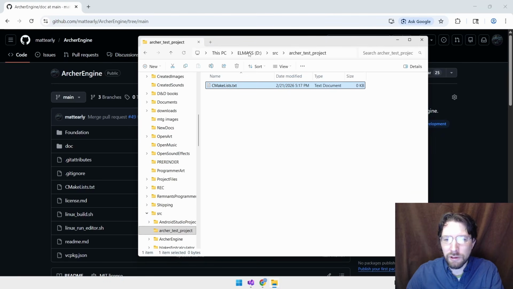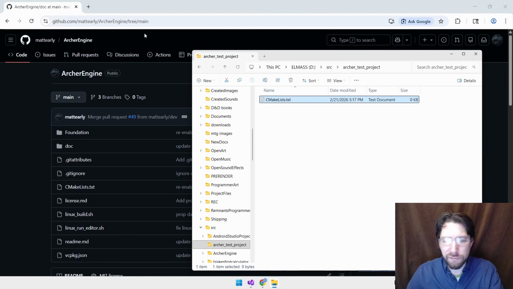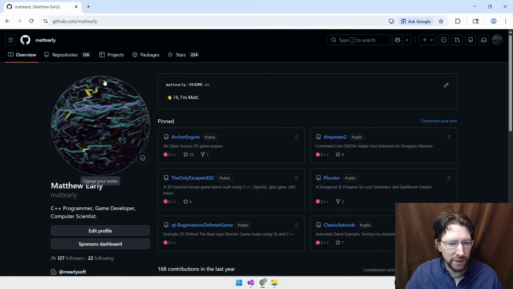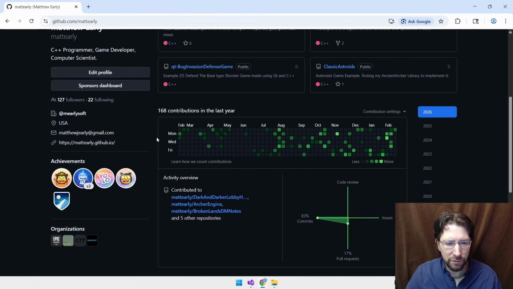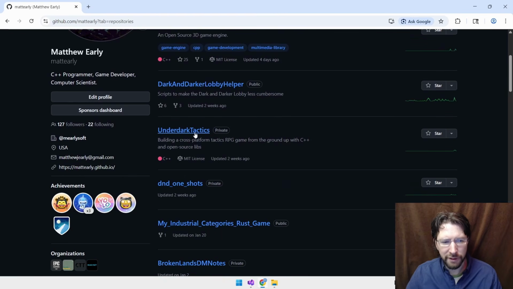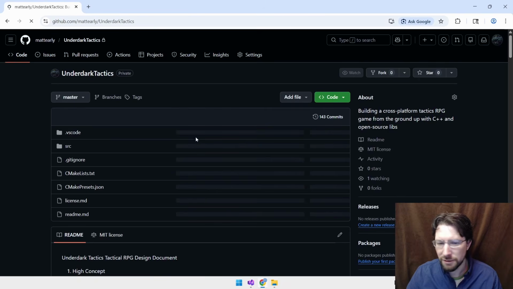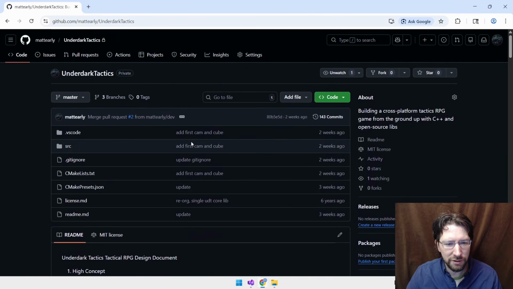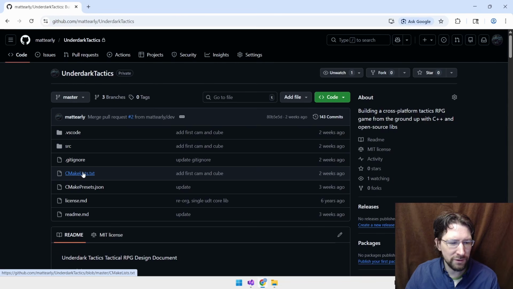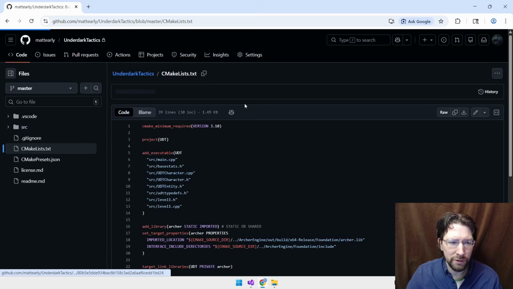Now I'm going to rip a little bit of code off of a little other sub project I was doing to test this, just to make it faster. So I've been messing with this side project where it's a private repo, so you won't find it, but it's called Underdark Tactics. So the only hint of it at all is you will see a little bit maybe here. I don't know if I'm going to continue this project or not. I actually started this like 6 years ago and never really finished it. So I started messing with it a little more and decided I was going to try to use my engine for the backend.